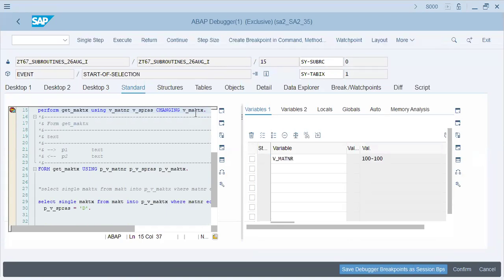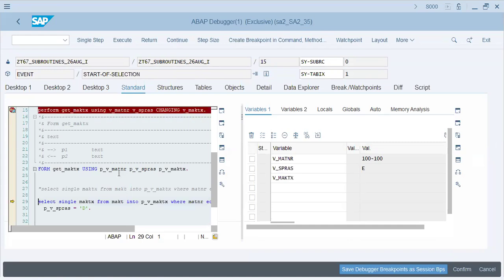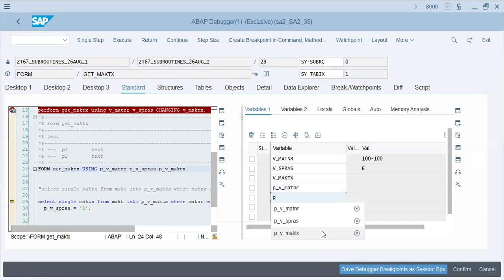VMatner, vSpras, vMactex. Okay. F5, PVMatner, PVMactex, Matner underscore vSpras underscore text. Okay. Now, since we are not changing,